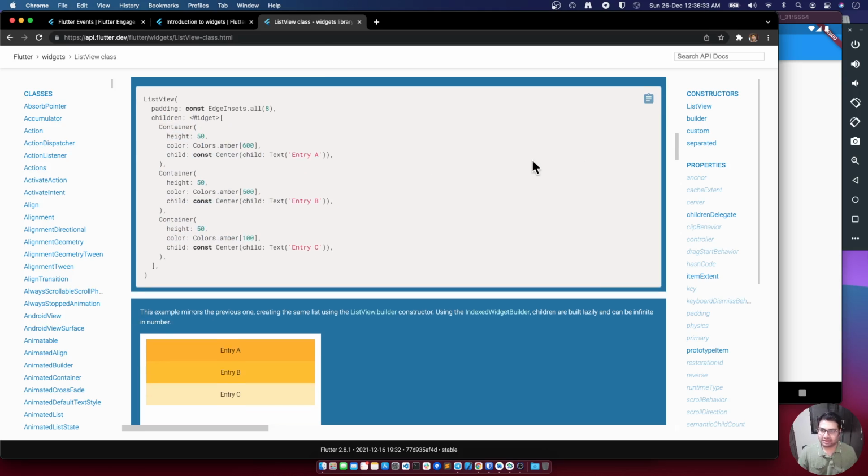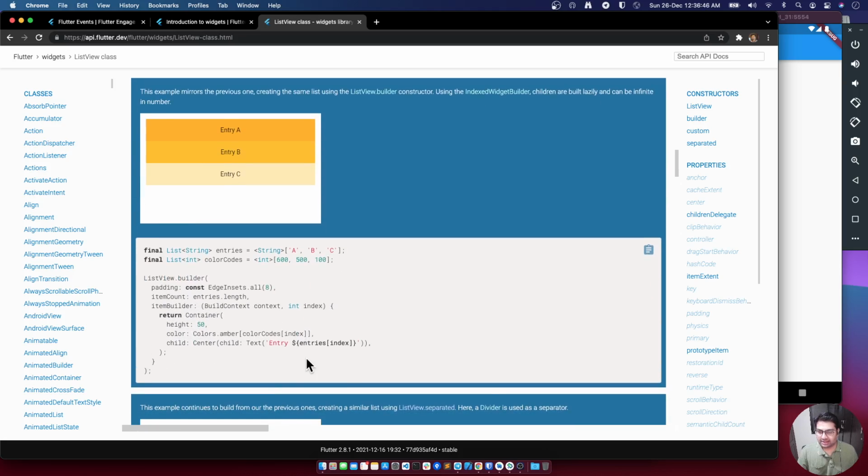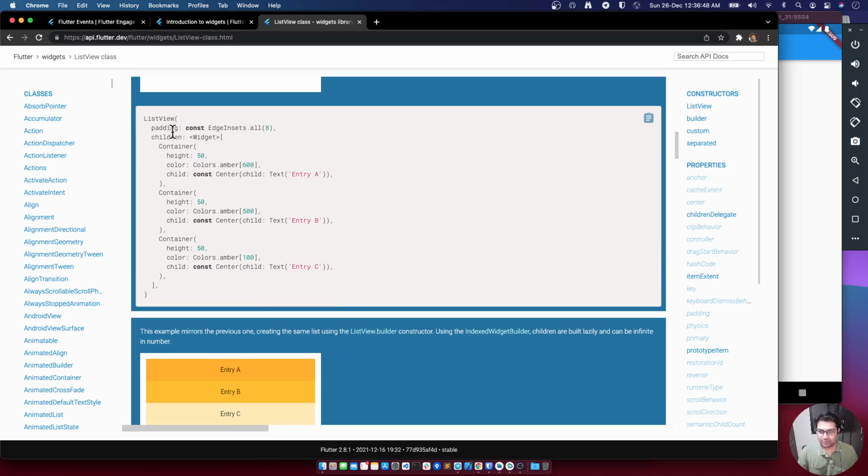So if you take a look at the code, you would be able to understand that this is going to produce the output which would look something like over here. So okay, that's one thing.